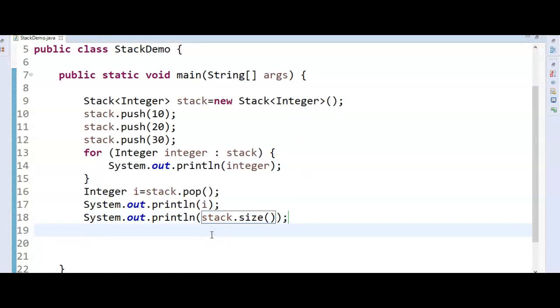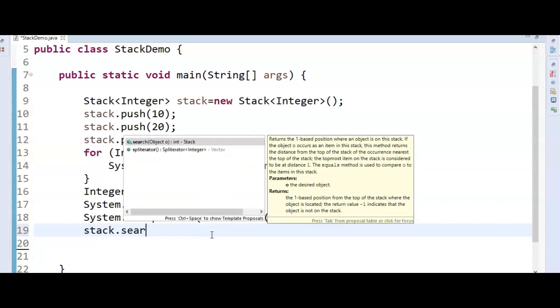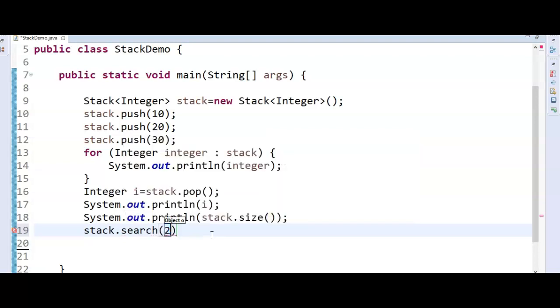And how do we search for an element in the stack? Suppose we want to get the index of element 20. When we say stack.search, it will return the index. So let's write it like this. Just for readability, I'm adding a few statements as well. Search will look for the element present in the stack and return the index.